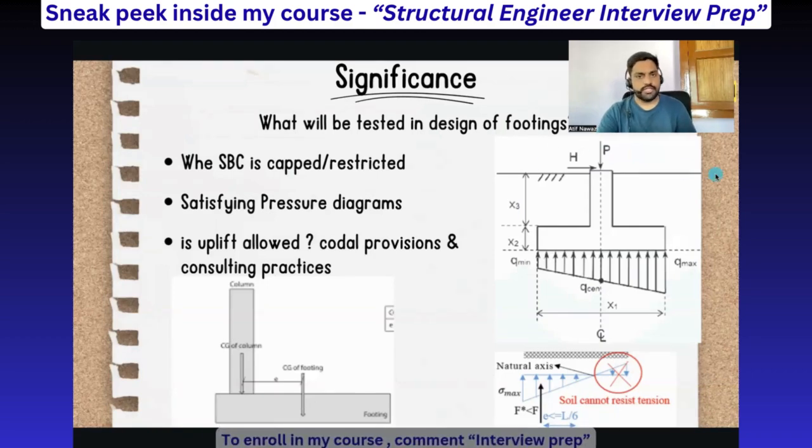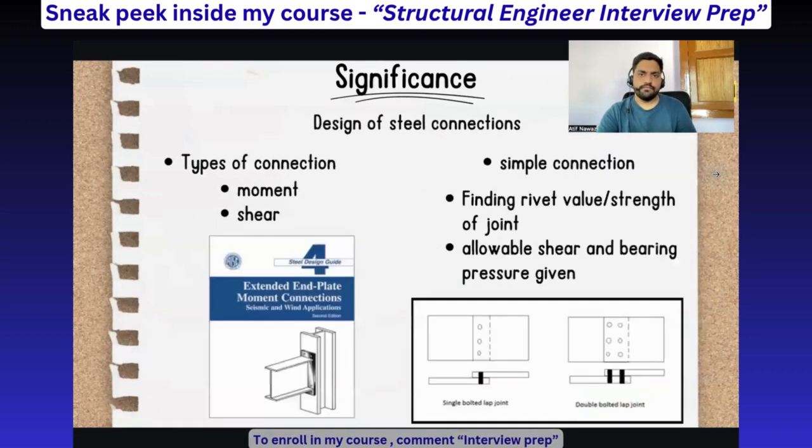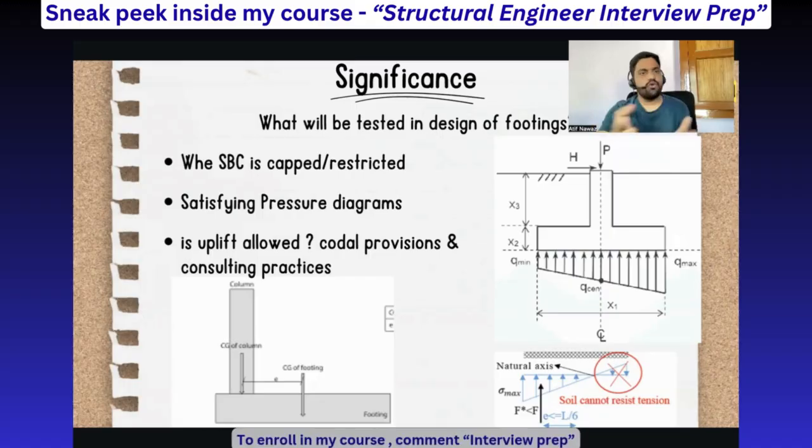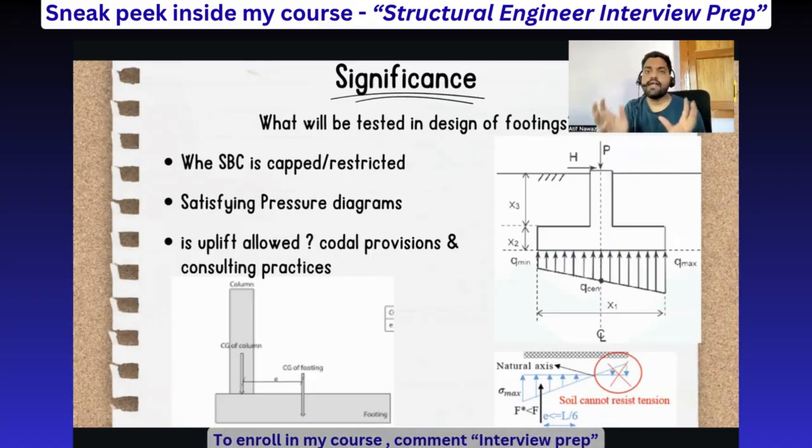So moving on to the next part. Like this, all the elements. They might even give you a column design, or they can even give you a slab design also. So you should understand when